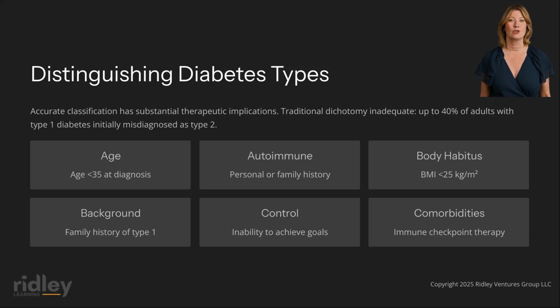Misclassification occurs with troubling frequency. Studies suggest that up to 40% of adults who ultimately prove to have type 1 diabetes are initially diagnosed with type 2 diabetes and treated accordingly. The American Diabetes Association and other professional organizations have proposed systematic approaches to diabetes classification that integrate clinical features with